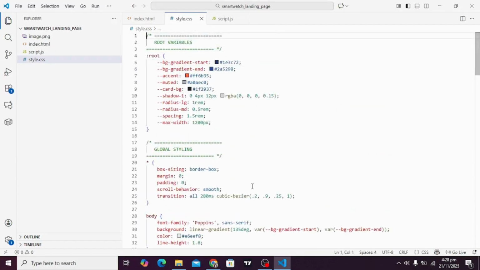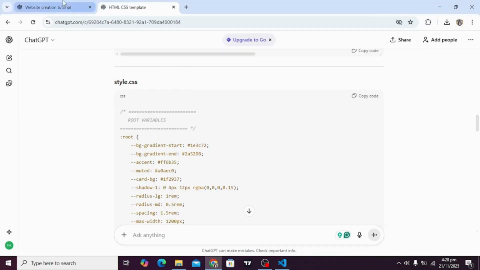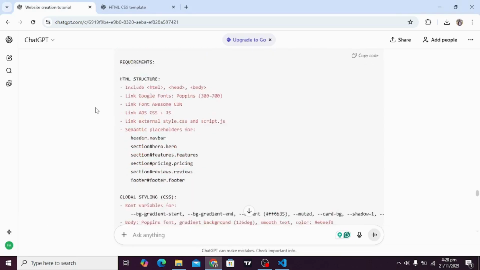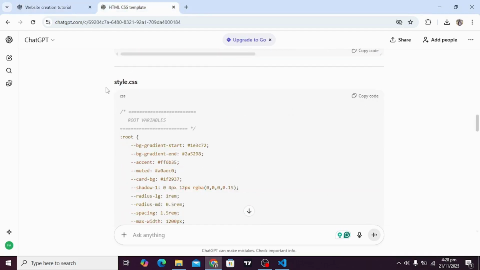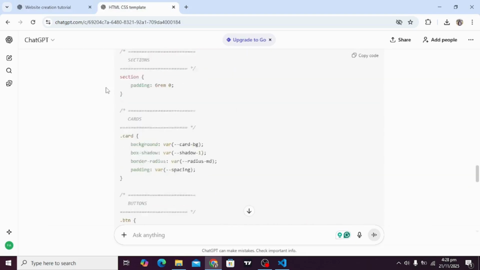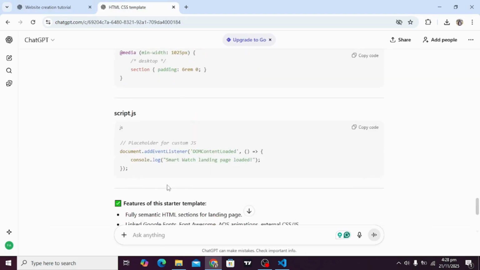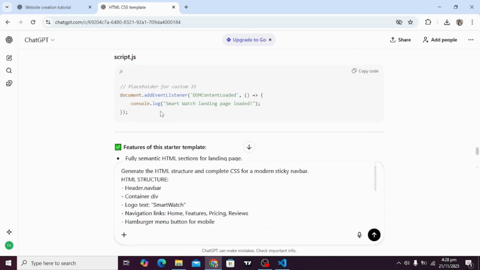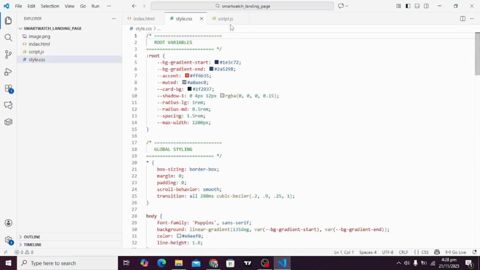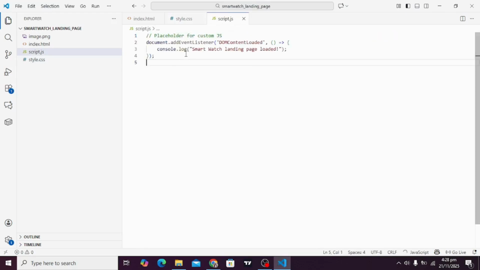Now let's copy our second prompt, which is to generate the navbar for our project. So let's go down and paste, Control V. Before pasting this, we just missed the placeholder for custom JS. Just copy this and paste it in script.js.